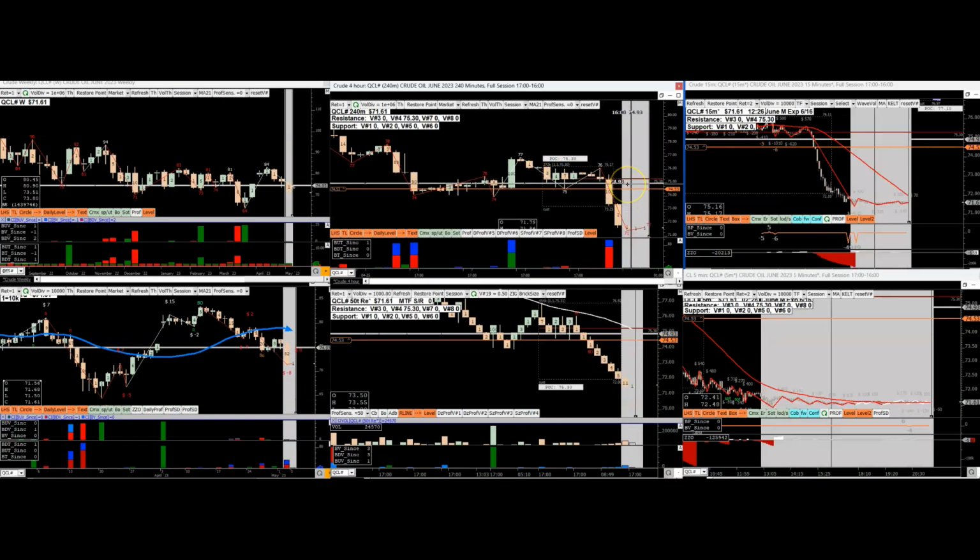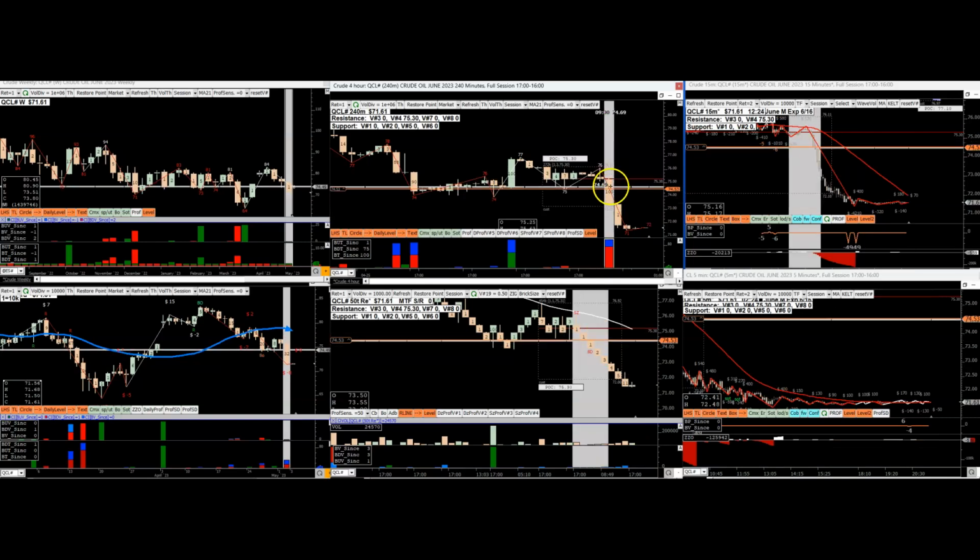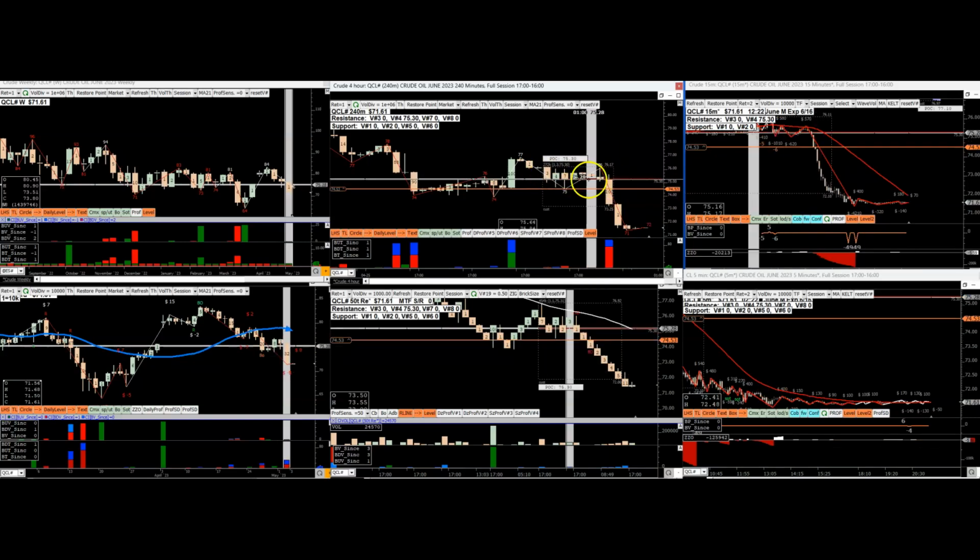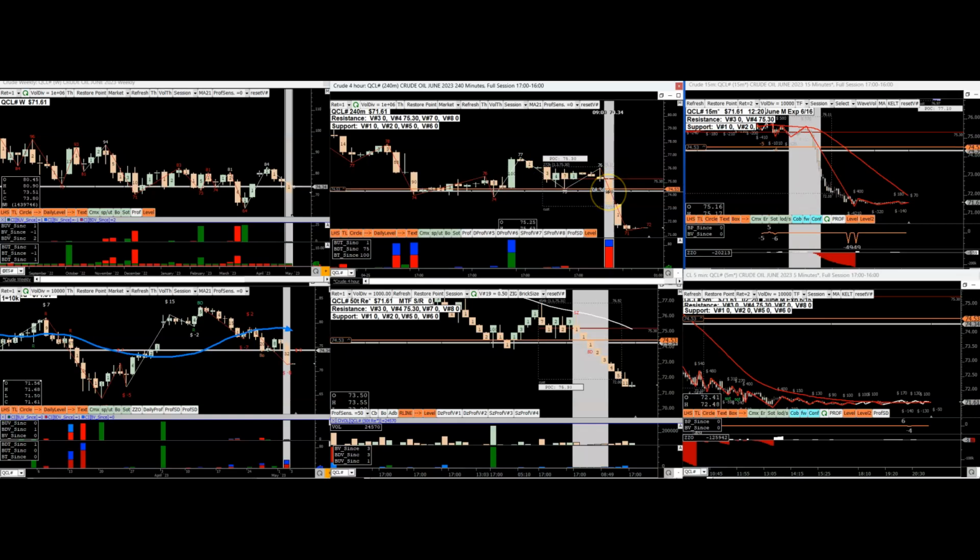If it goes back and tests, the likelihood is quite high, because from that area, look at the selling pressure. One way to gauge selling pressure, obviously you can use volume, but you can also use the range, and you can then get a statistic. So if you see the biggest bar in 100 bars down, that's selling. And you'll see, like over here,